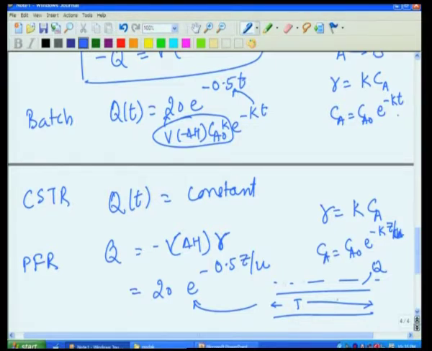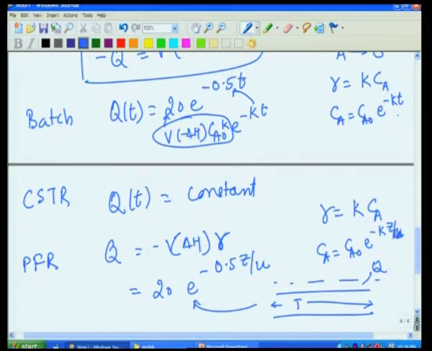How do you achieve that? You will either have to change what? The reference temperature along the length of the reactor, not an easy task to do. You will have to do something so that the rate of heat added or removed is exponential. So, as I said, maintaining isothermal conditions, even though easier said on paper, is very difficult in practice, particularly for a tubular reactor. How do you do that? Because you have to change your heating or cooling rate along the length of the reactor.